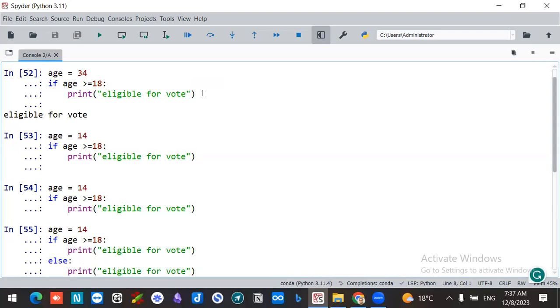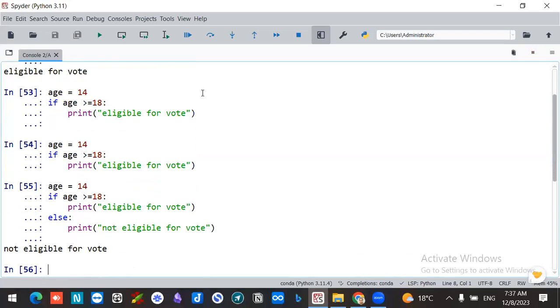Let's say not. So here, what happened? If that is false, now you are getting the extra opposite statement called "not eligible for vote." Okay? So this is what conditional-based statements are. So looping is nothing but we are looping. We are going into a different approach, and we are going into some sort of skills related to that approach. Okay. So that is one thing, and we have to know it first, early, and then we will go ahead